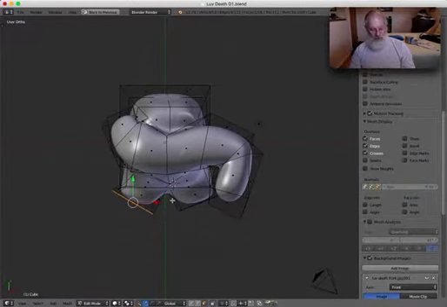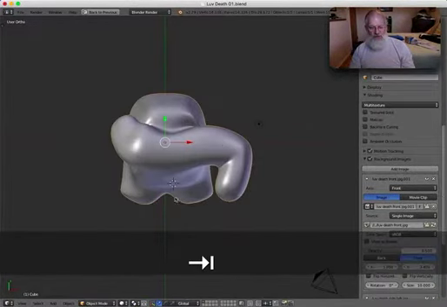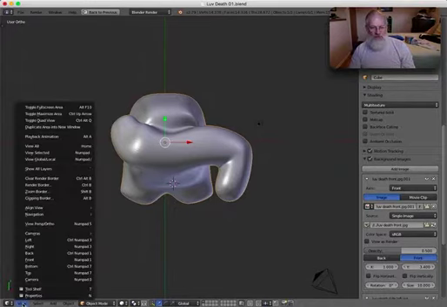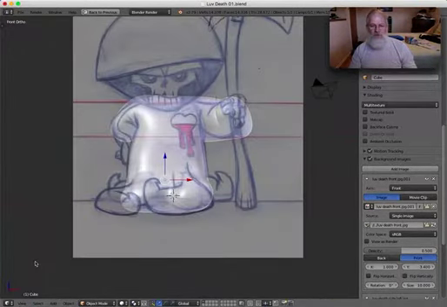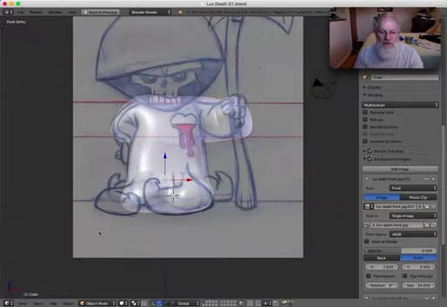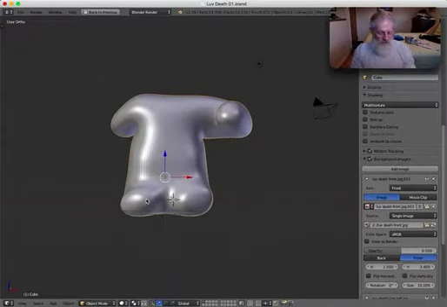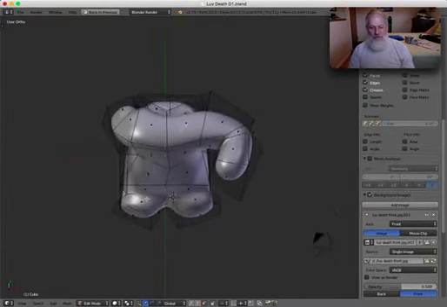Going to hit A to deselect everything, Tab to get back to object mode, View down here to go to front so we can see the sketch. And I think we are off to a good start for now. Excellent. So I'm going to hit Tab. What I'm going to do